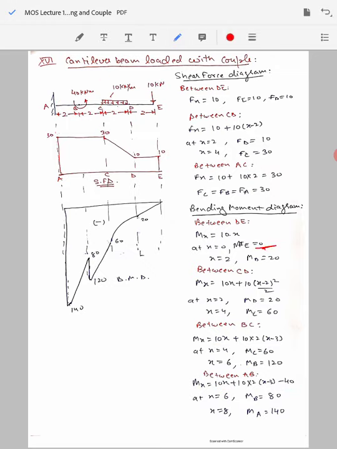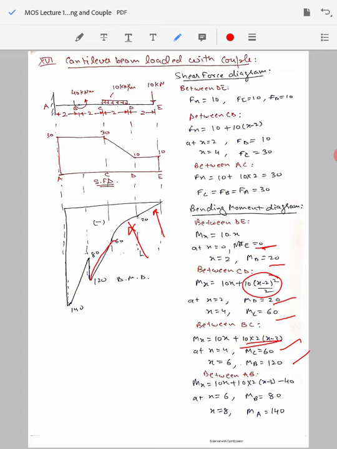So you start with the value 0, then you go to 20 by a straight line. So this is a straight line from 0 to 20. Then from 20 it goes to 60 from point D to point 6 with a quadratic relationship, that means a parabola will appear. So this is a parabolic curve here between 20 and 60. Then from 60 it reaches 120 with a linear relationship, so there will be a straight line from 60 to 120. This is the straight line here.